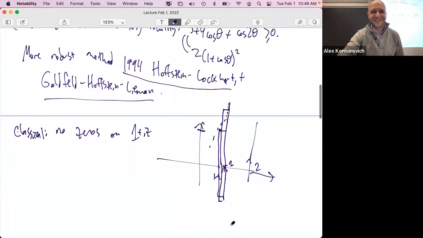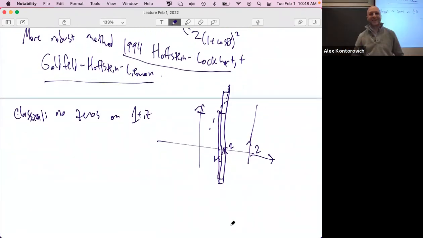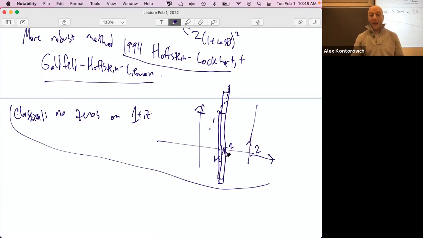Okay, I'm glad you guys are excited about this. I like it too. So that was just an aside for what to do if you know that there are no zeros on the one line. That's a precursor to what we're about to do in a minute. Let me tell you what this